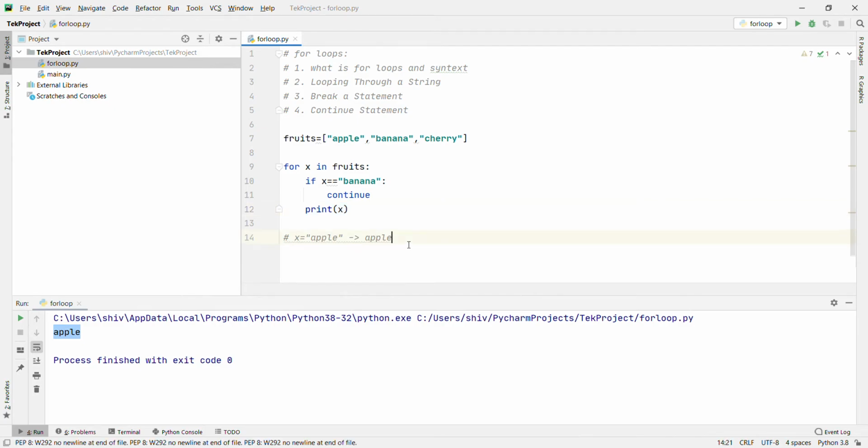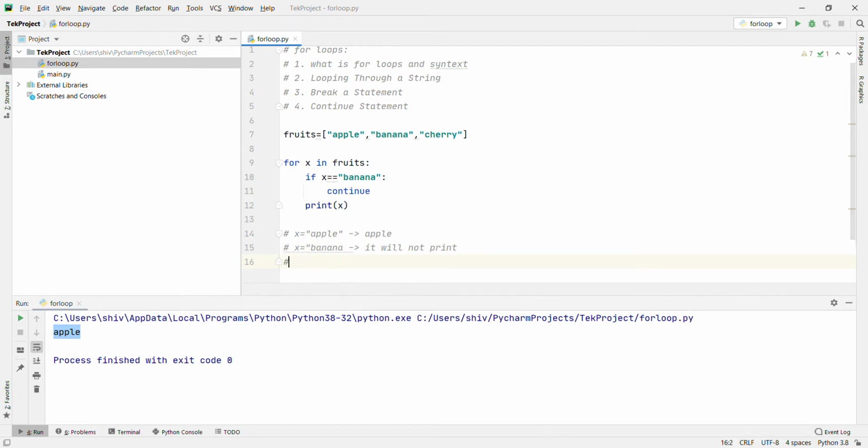Then what will print? Apple. When x is equal to banana, it will not print. Then x equal to cherry, it will print.